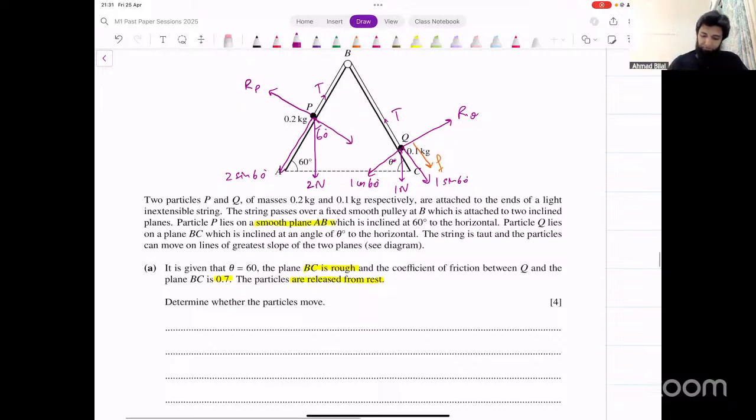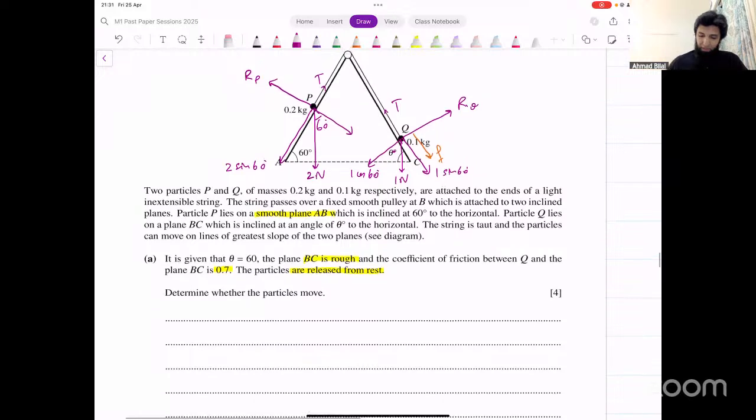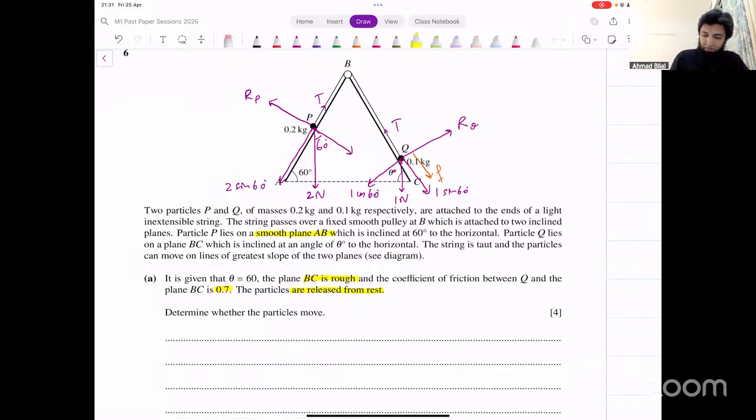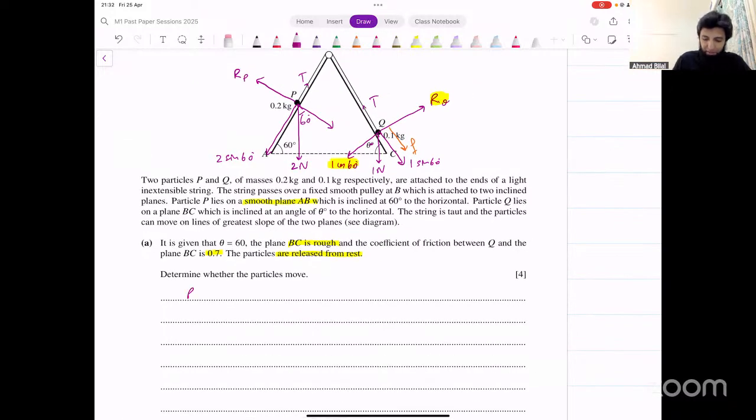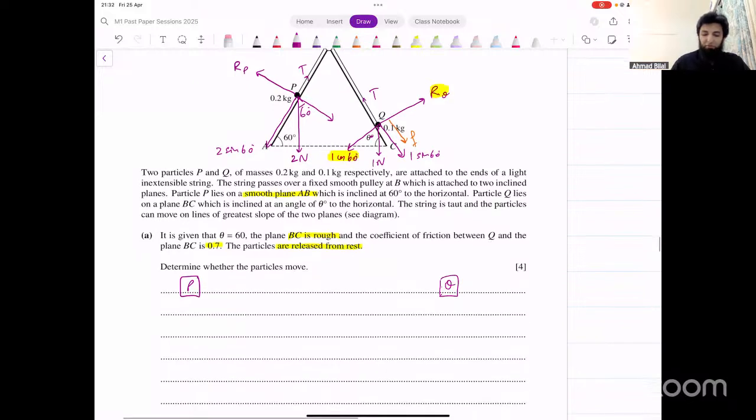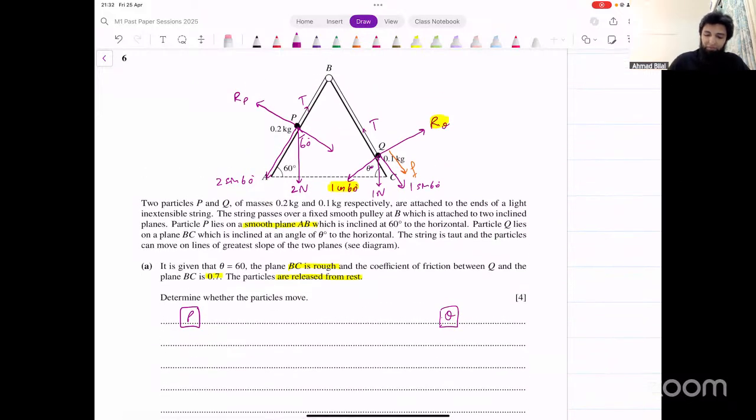Okay, now let's equate the opposite forces. The ones acting perpendicular to the surface are always going to be equal to each other. Now, along the surface, there could be movement. We have to determine whether there is any movement or not. Okay. Now, how do you do that? We've got two objects. One is P. Let's write P down on the left side here, and the other is Q. What are the forces acting on P and Q? Let's understand them. On P, along the surface, we have 2 sine 60 and T,